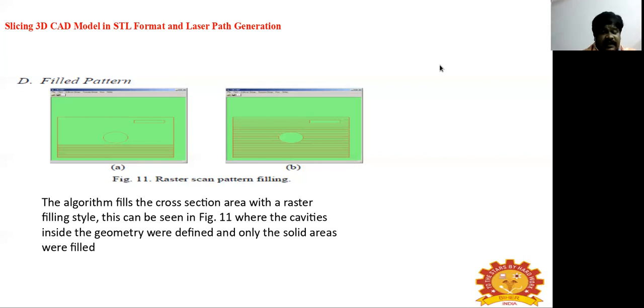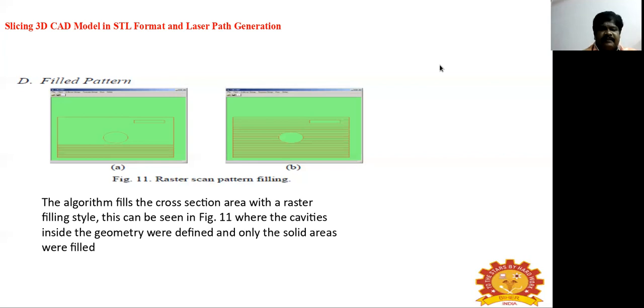The STL file is a representation of data composed of triangles. The data for the STL file can come from various sources.